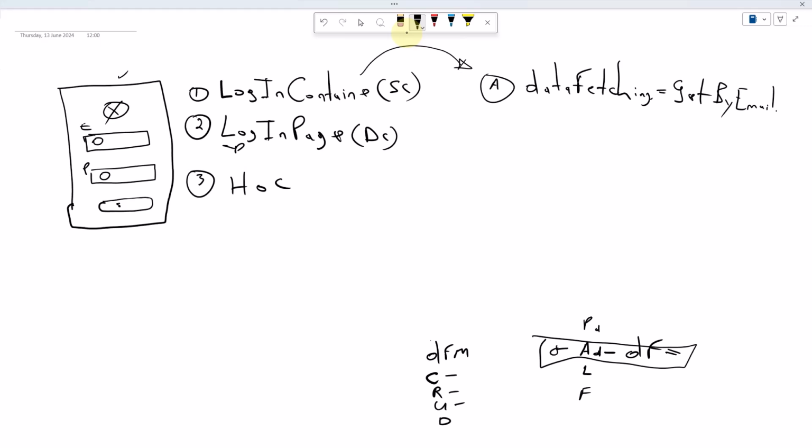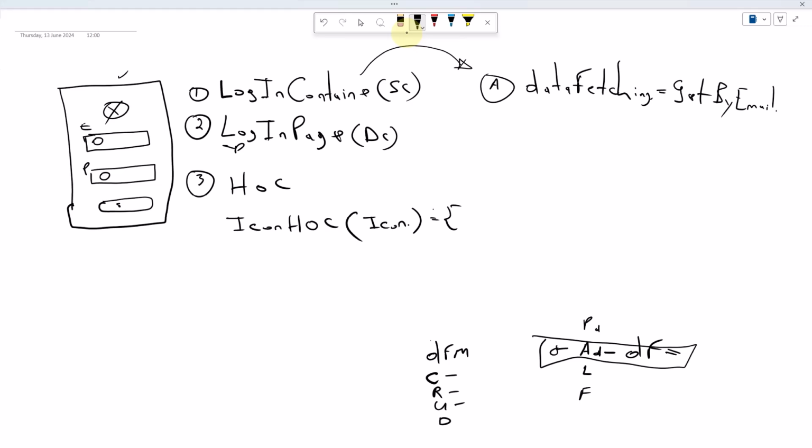This high order component, we are going to name it icon HOC. What this high order component will do is take an icon with all of its props. This is just pseudocode, it's not something that is real. And then in this icon,